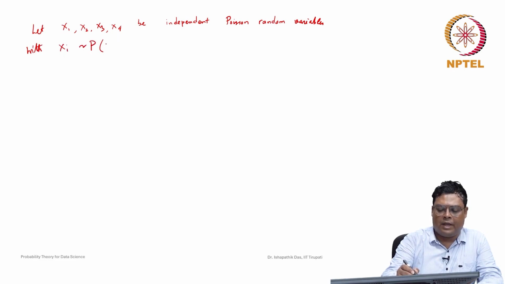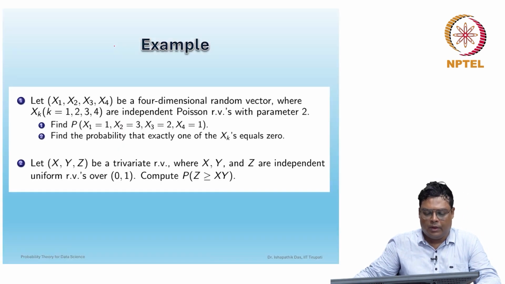Here it is given that lambda is equal to 2. So x1, x2, x3, x4 form a 4-dimensional random vector where the xk are independent Poisson random variables